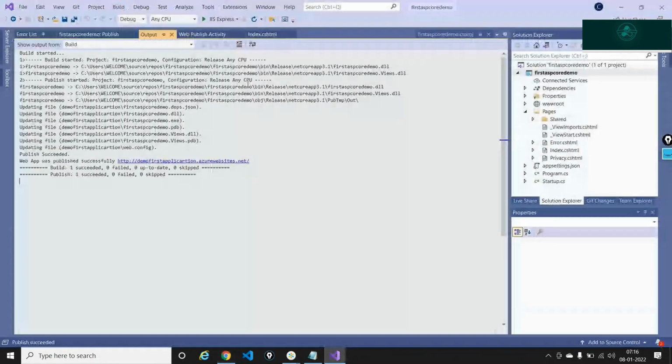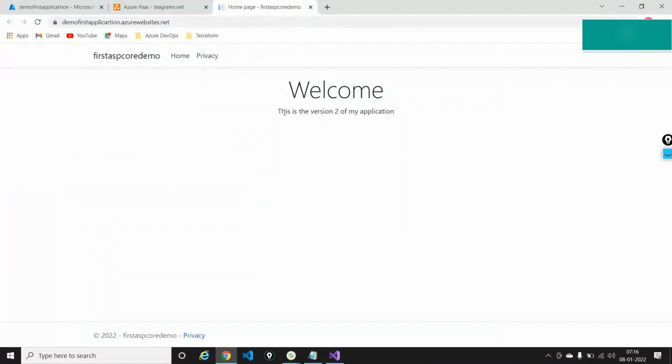Right now it's telling me the publish was successful. It also went ahead and restarted my web application. Now I have version 2 of my code. Now there is one issue. Version 2 got released, and I thought everything was working fine. This is my statement: I thought everything was working fine, but apparently not.